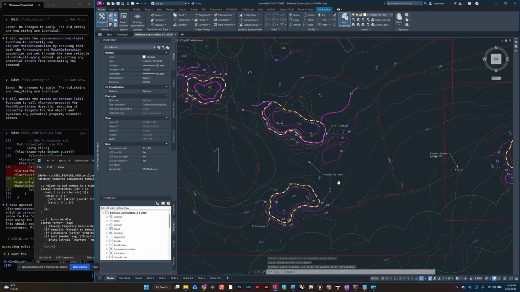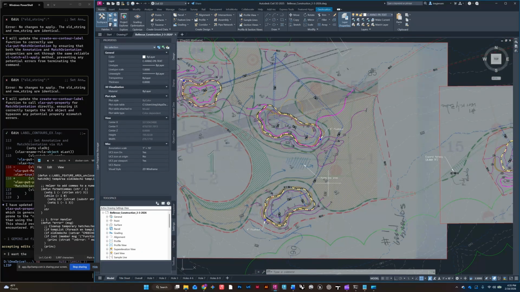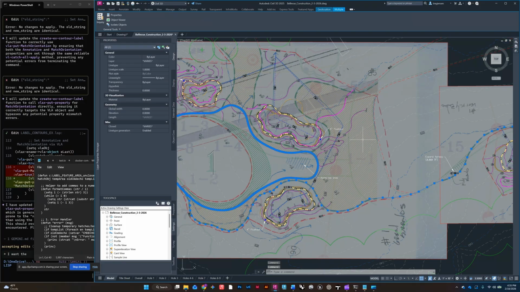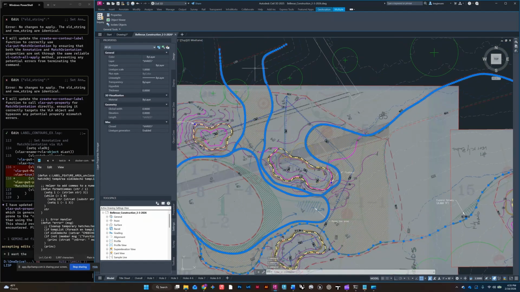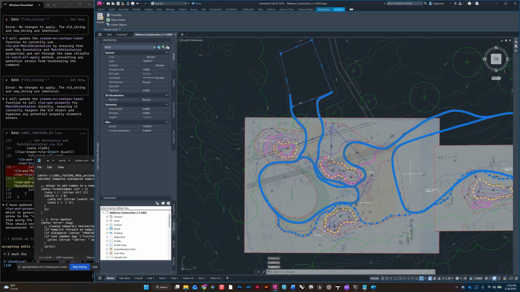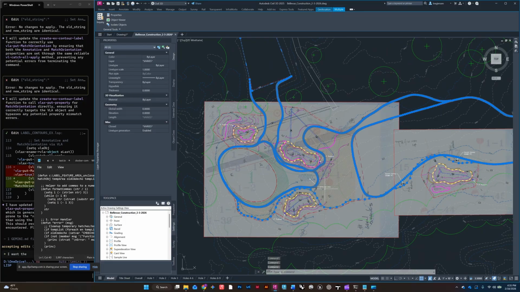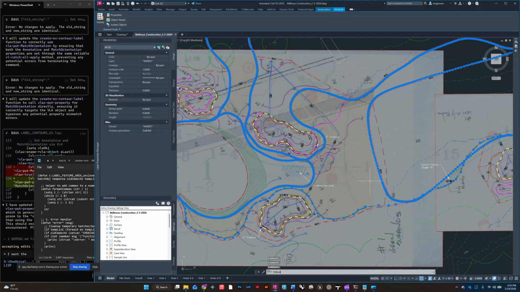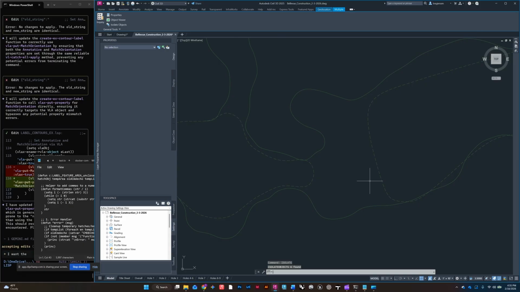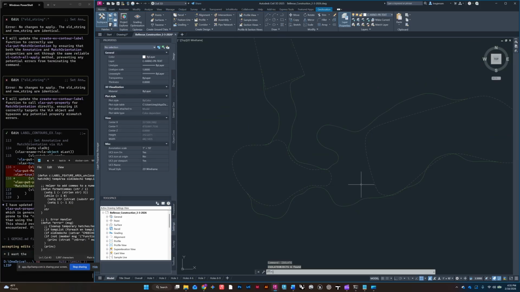But I also have it set up where you can label non-closed areas. So for instance, we have all of these shapes, which are just the borders because we have all this new fairway. So I'm going to isolate those, isolate objects, and then I'm going to do label. My video is almost out of time, so really fast. Label feature area